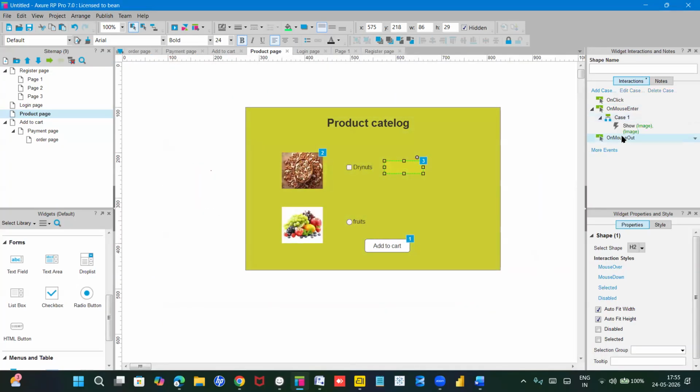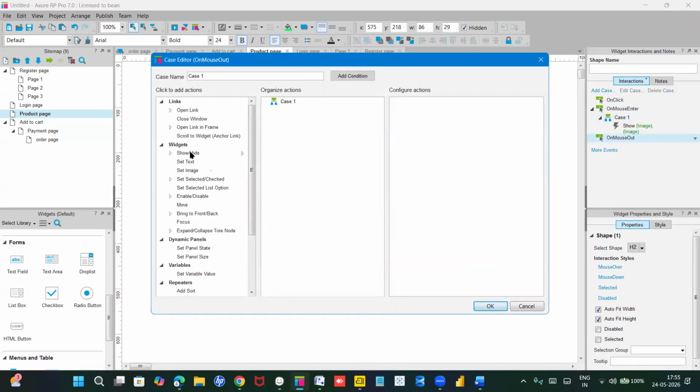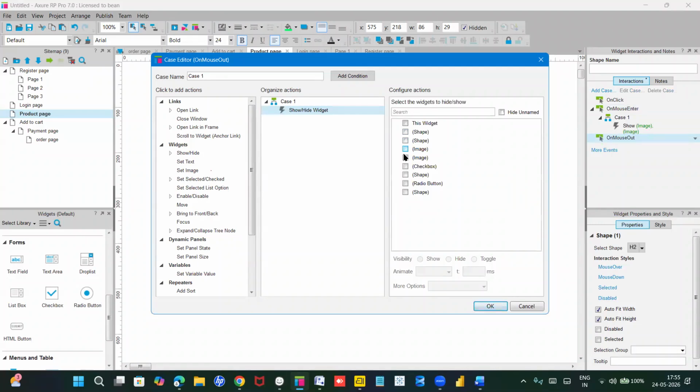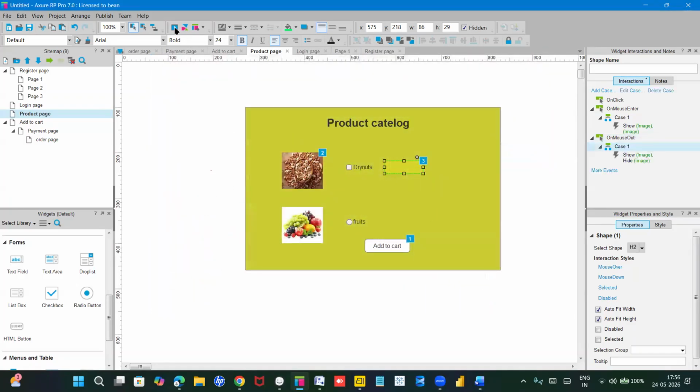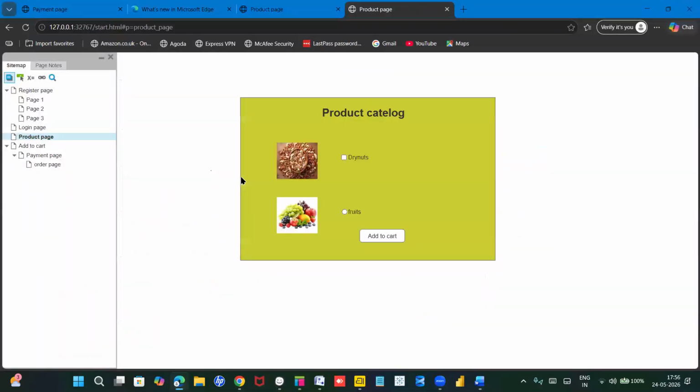And for Mouse Out, the same, I'm giving Mouse Out. Let me go with Show and Hide, select these images, and give it as hide, and I'm selecting OK. Now let us preview it. As it is not working,